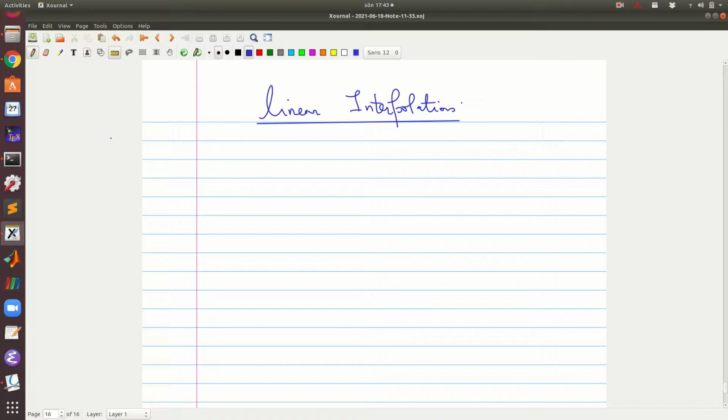In this video we would like to look at the simplest case. In the previous video we had a motivation for numerical interpolation, and now we would like to look at the simplest form of numerical interpolation, i.e. linear interpolation. So we said last time that if we are given two sets of values, i.e. these pivotal values,